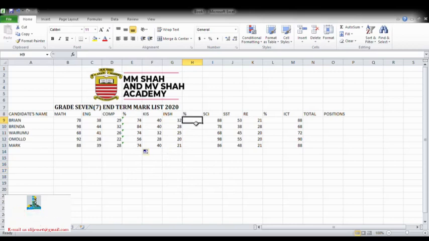Brian scored Swahili 40 out of 50, Insha 32 out of 40. So that is also out of 90 total marks. So we are going to calculate percentage. We are using the same formula, function equal sign